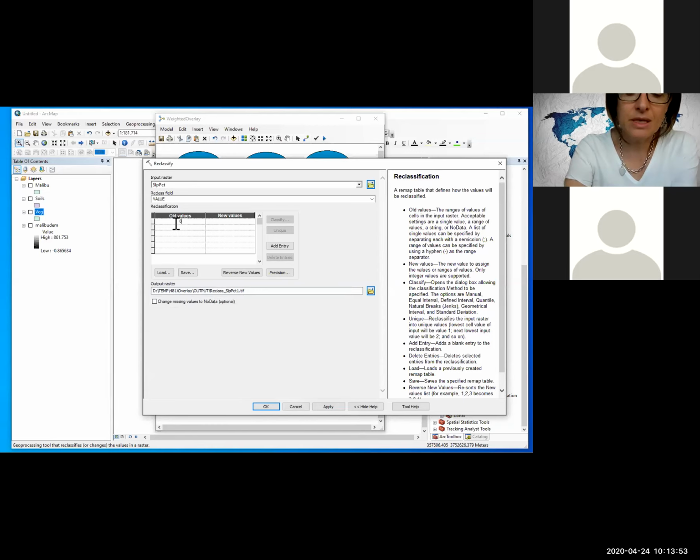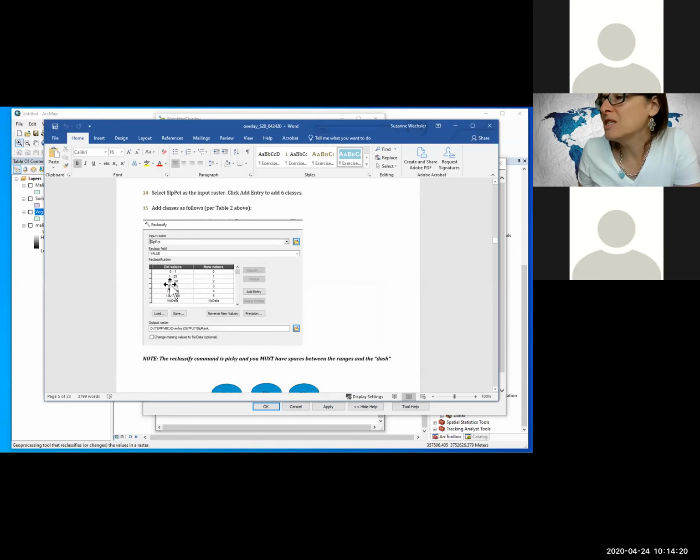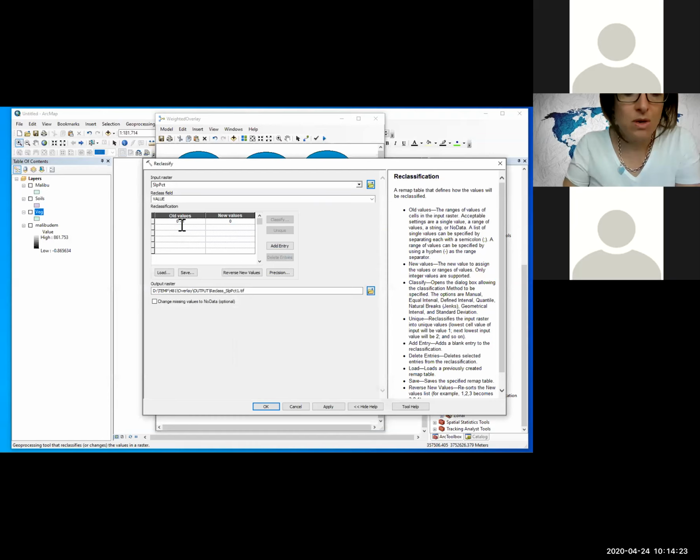So I have to type in here 0 space dash space 1, and the new value is going to be 0. If I don't put the space in between here, it doesn't work. If you just had it 0 like this, you're going to run your model and you're going to be really annoyed because your tool's going to crash and you don't know why. It has to have these spaces in it. Programmers, right? And so forth. So it's 1 to 25, 25 to 50. So I'm going to do 1 space dash space 25, 25 space dash space 50, 50 space dash space 75,